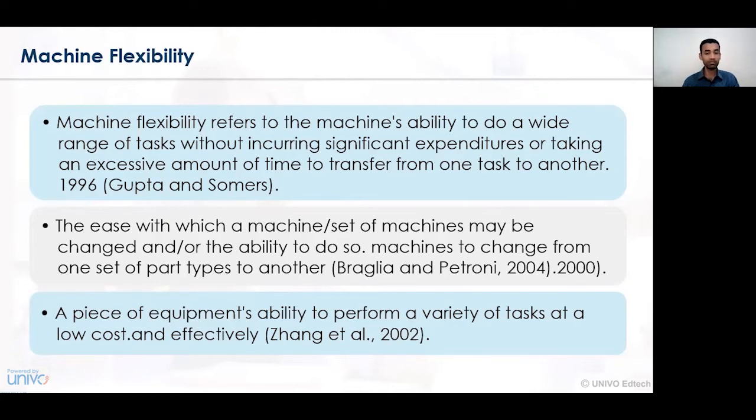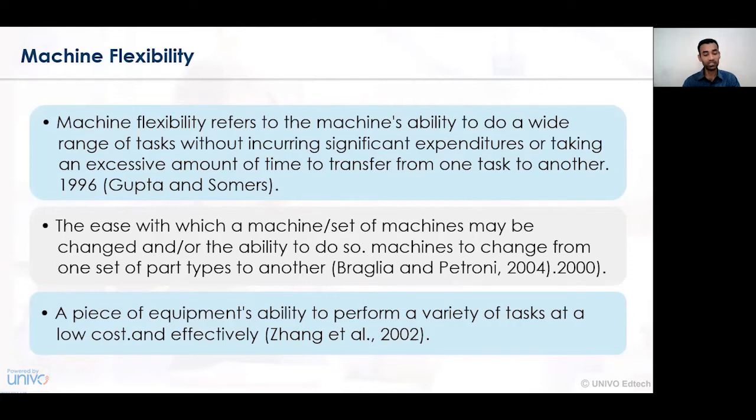Another perspective was given by Braglia and Petroni in 2004 and 2002 with respect to the machine setting time. So with respect to the setting of machines, the flexibility or the production capacity also differs from product to product, commodity to commodity, assembly line to assembly line. For a single assembly line, the variability may be different. For another assembly line, the variability may be different. And hence, one has to identify the ability or capability of a machine to produce and how the capacity can be increased